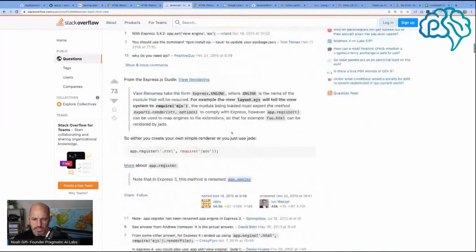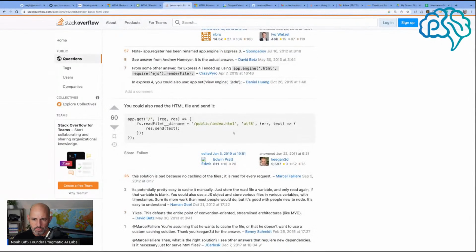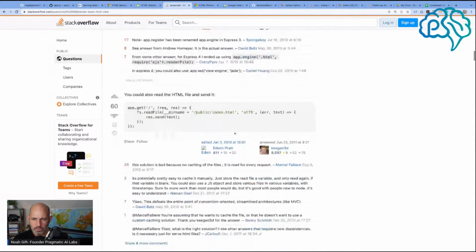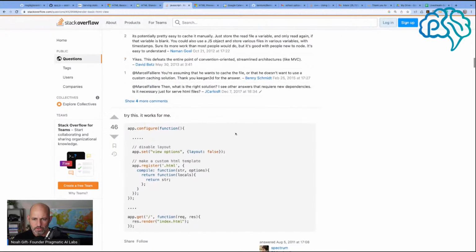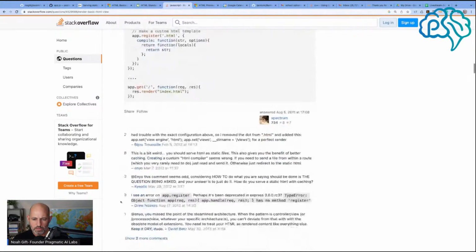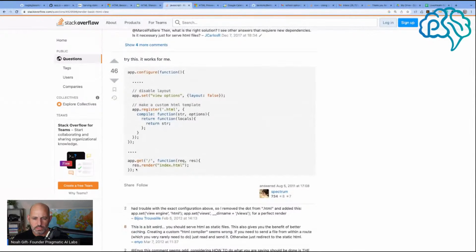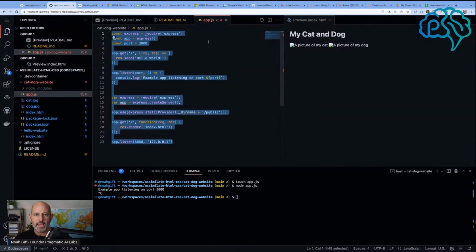Give me a full example here. Try this. It works for me. So the reason I'm doing this is, I mean, maybe I'm actually making things more complex, but if I do that,